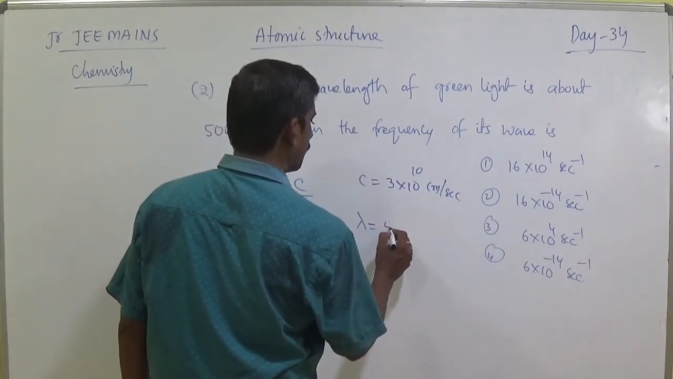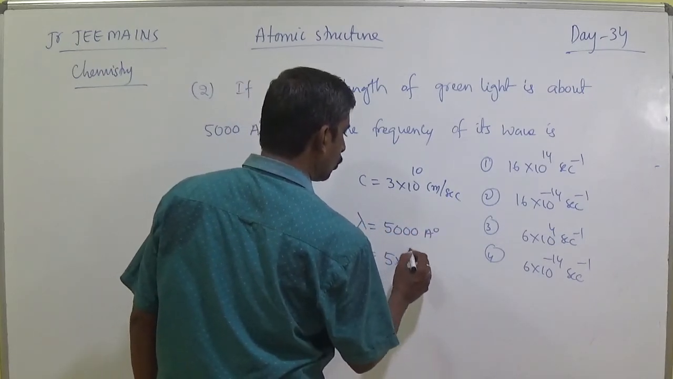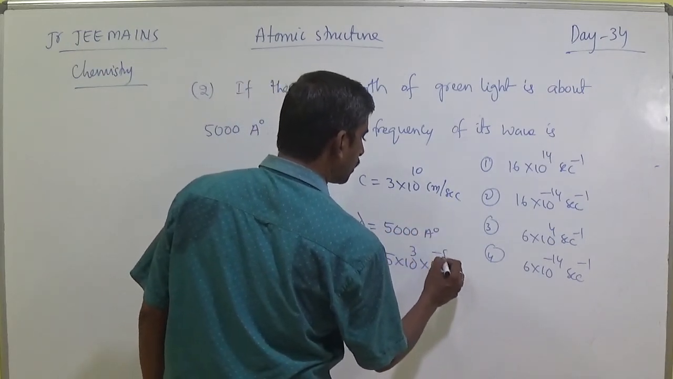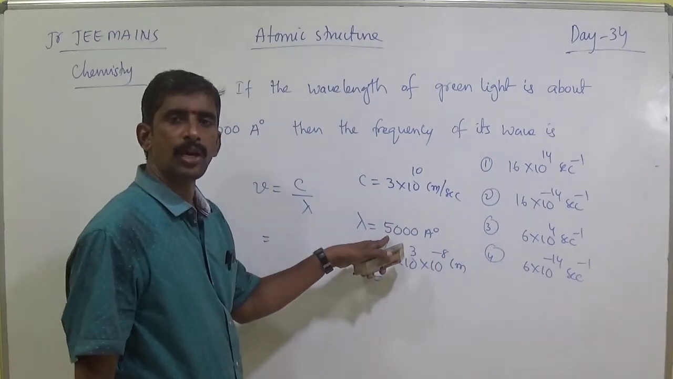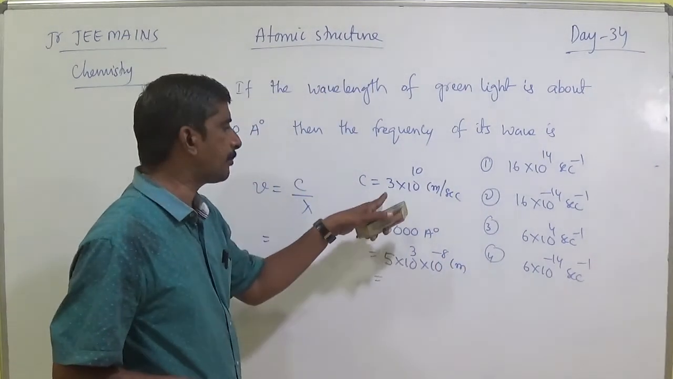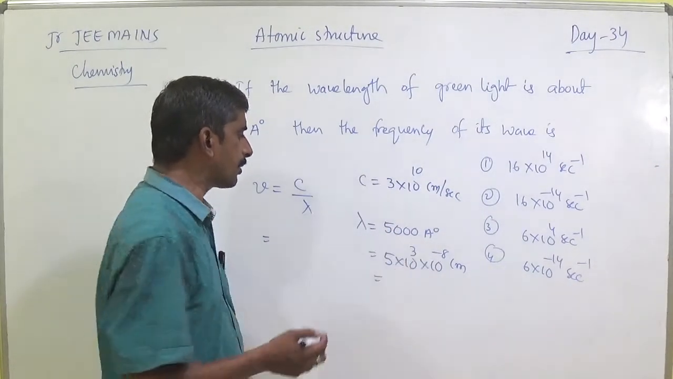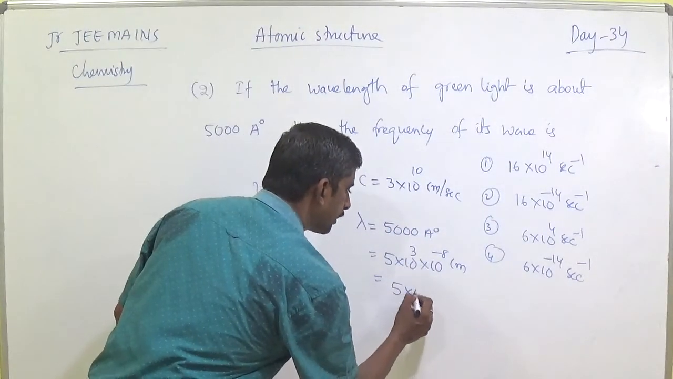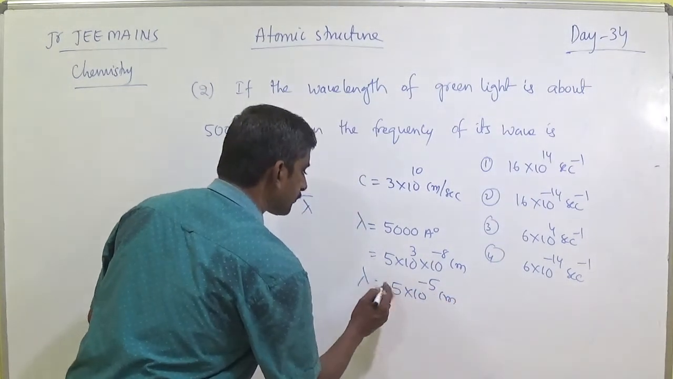Lambda given is how much? 5000 angstrom units, which means 5 into 10 cube. 1 angstrom unit is equal to 10 to the power minus 8 centimeters. Compulsory, the lambda value must be converted into centimeters or meters. Now I am taking the velocity of light in centimeters, like that lambda also in centimeters. That means 5 into 10 to the power minus 5 centimeters. So that is the lambda value. Substitute